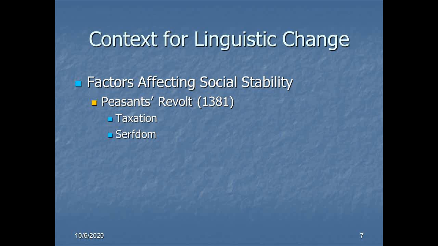Well, the long and the short of it was that an army, virtually, of peasants converged on London. The young monarch, Richard II, who at the time was 14, took shelter in the Tower of London. A number of government officials, particularly associated with the Exchequer, were killed. Actually, quite a large number of officials were killed. And ultimately, Richard was forced to concede an end to both serfdom and to the inordinate taxation that had been